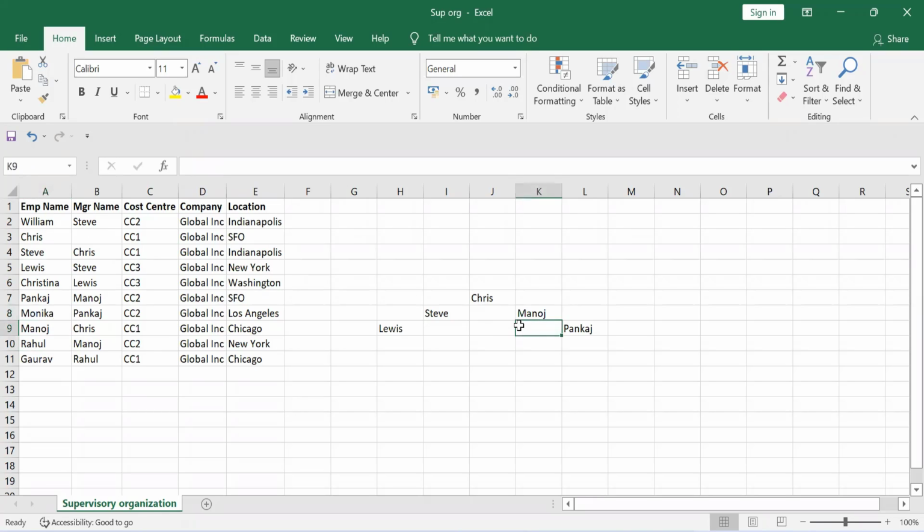Okay. So Rahul is somebody who is going to work under Manoj. Now you see what has happened here. You see the structure. Chris has two reportees, Steve and Manoj. Steve has one reportee, Louis. Louis is a manager because